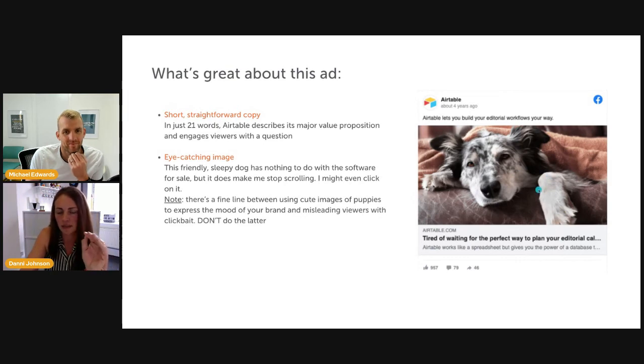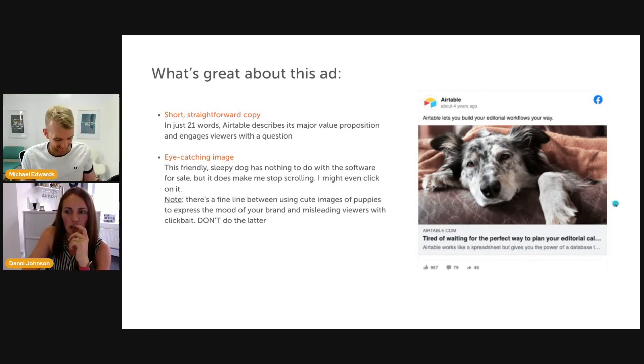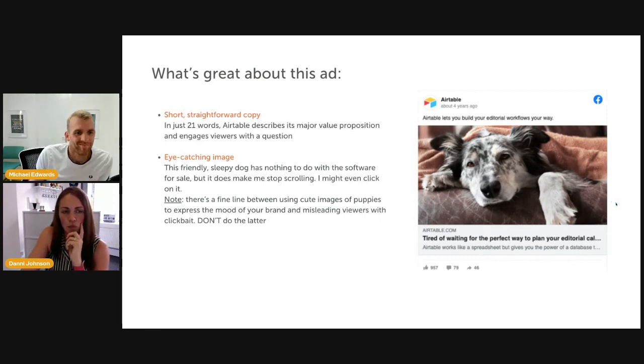As I said earlier, don't just put an image on there that's not related at all. The fact that this is a tired, sleepy dog and the messaging is about being tired, that you can get away with. But don't just put pictures of cute babies on and stuff when your promotional message is nothing to do with that. And just be mindful of how you can tweak it slightly.